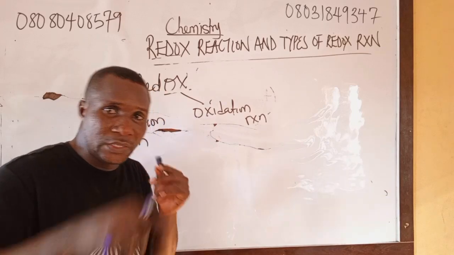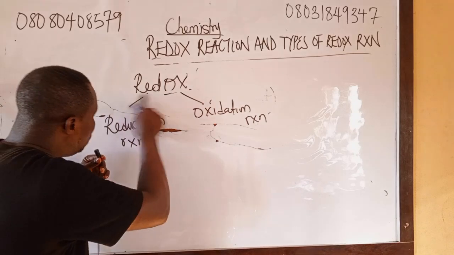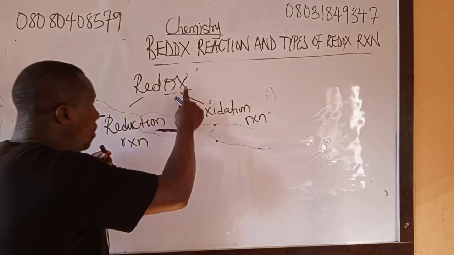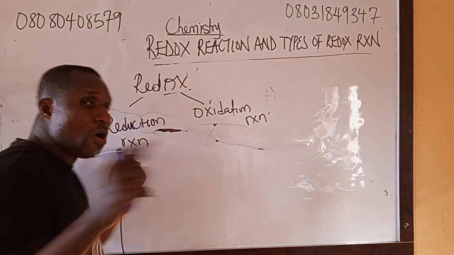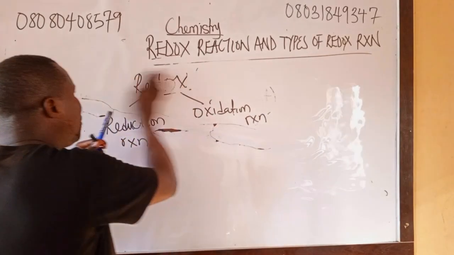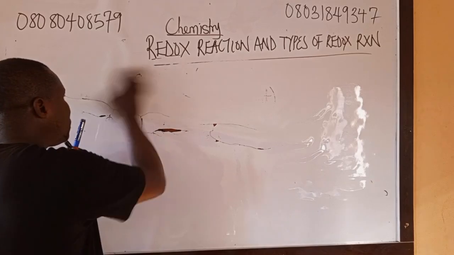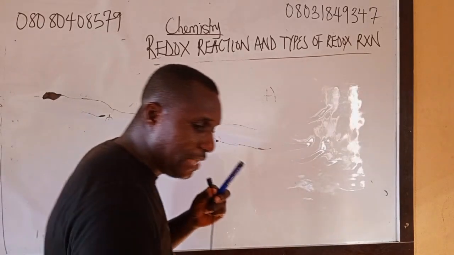I repeat, a chemical reaction is said to be redox when reduction reaction and oxidation reaction occur simultaneously. Then before we go to the meaning of redox reaction, we are going to look at these two agents